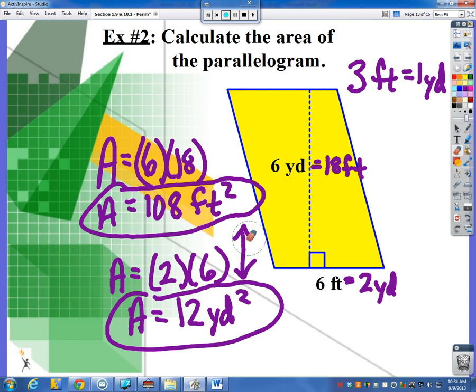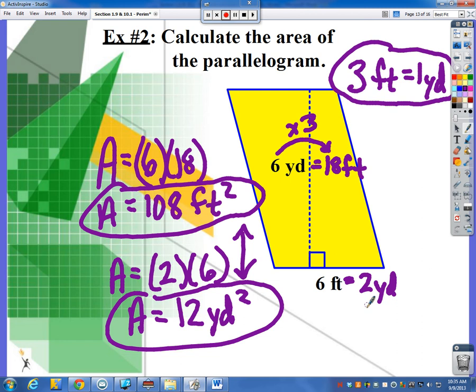Now, one extra thing I want to talk about here is notice the difference between these two answers. We said there are 3 feet in 1 yard, but notice the difference between these answers isn't just a times 3 factor, right? If I took 12 yards squared and multiplied it by 3 feet, that only gives me 36 feet. So why is this answer 108? You see what I'm saying? If I multiply 6 by 3, I get that. If I multiply 2 by 3, I get the 6 feet. So why can't I just take my answer and multiply it by 3 as well